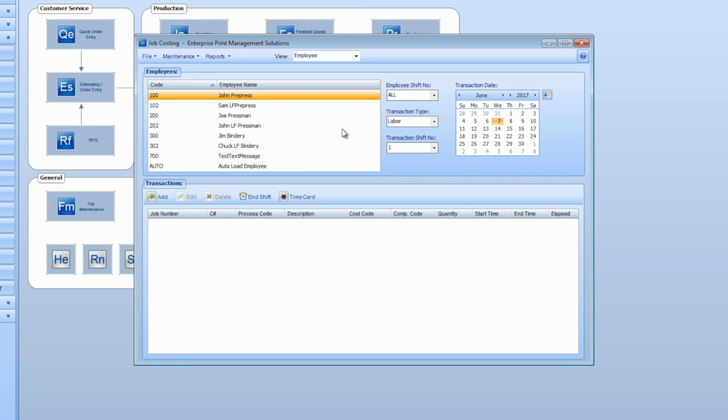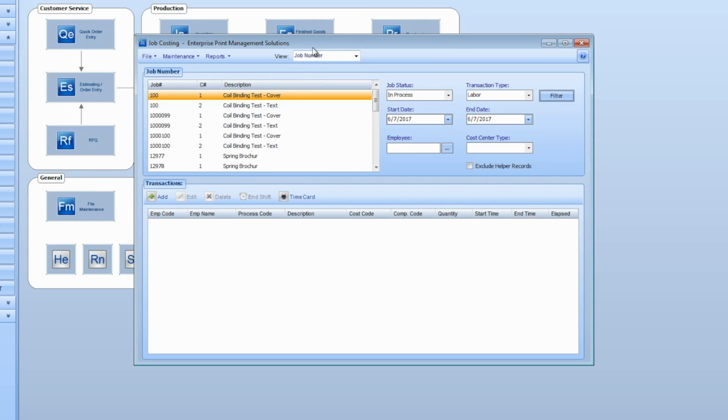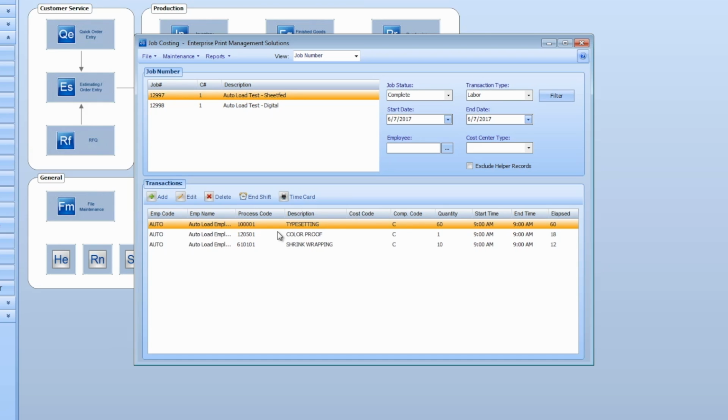So when we go into job costing, if you remember from our video last week, I can take a look at this information by job. So I can go by job number, and in my status field here, I can say, let's look at completed jobs. So if I look at my first one, 12997, and I hit the filter button for labor, it's going to show me the labor entries here. So it did my typesetting, it did my color proofing, and it did my shrink wrapping,